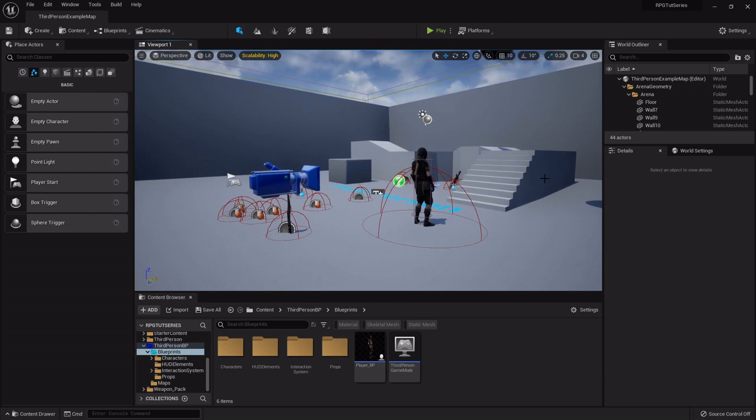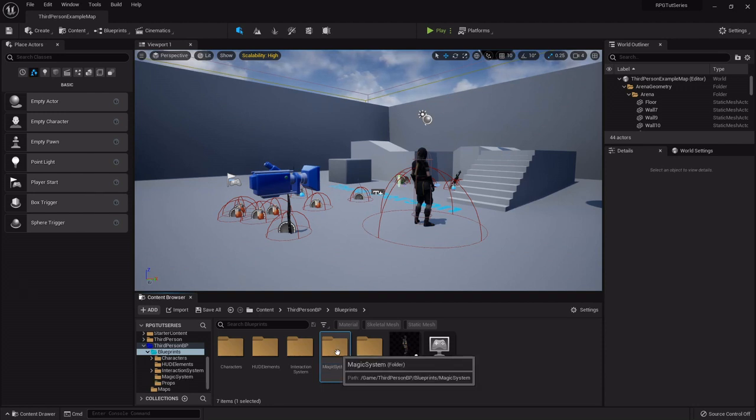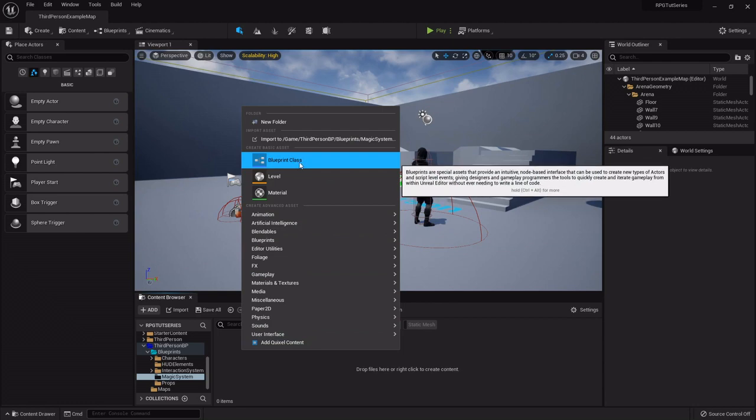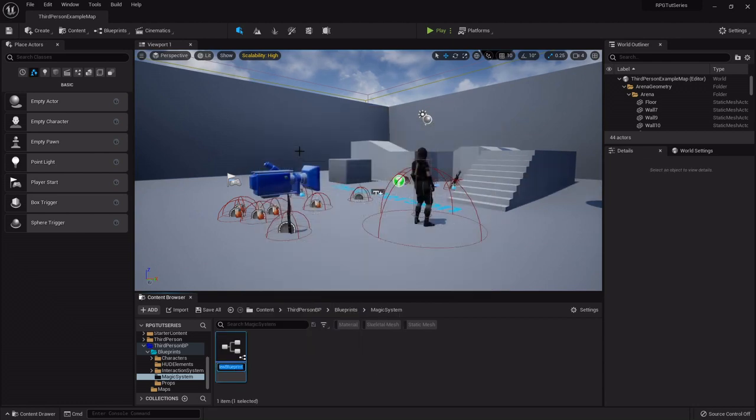So this one's going to be set up kind of like our inventory system, so it's going to get its own folder. I'm back in my blueprints folder. I'm going to right click, create a new folder called Magic System. I'm going to double click and open that up, and the very first thing I want to create is a blueprint class of an actor, and this is going to be my base spell underscore BP. That's all we got to do with that for now. We just need it so we can set up our